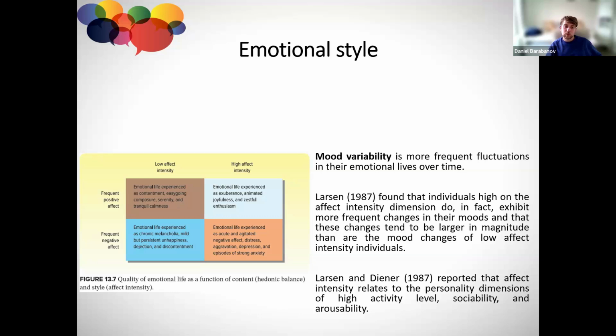But for example, people who experience frequent negative affect and high affect intensity have a quite problematic emotional style. They experience a lot of distress, they can be agitated and depressed, and they express it a lot. For them, it's very hard to cope with all those emotions, because once they start to experience emotions, they're so strong, and mostly they're negative, right? So it might bring them many more problems.